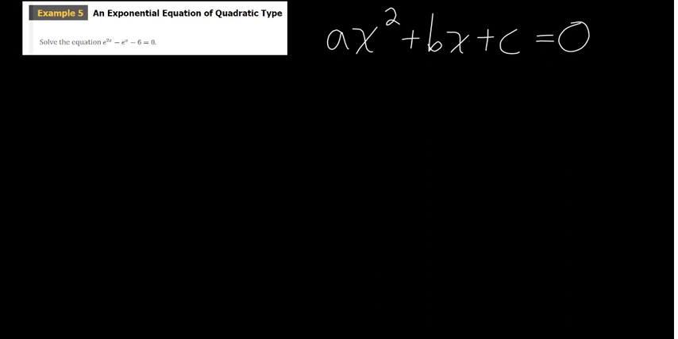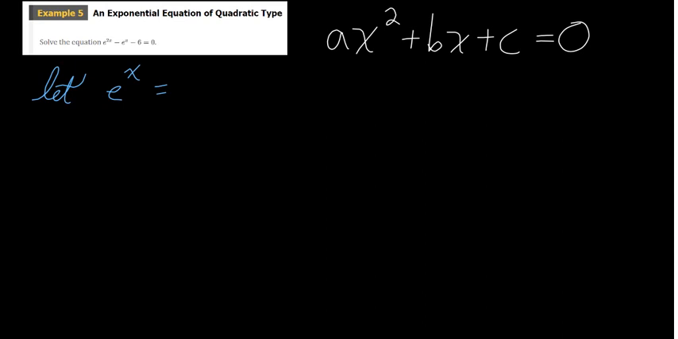So let's actually examine the problem here. Notice how we have e raised to the 2x power, and it's going to be minus e raised to the first power, or e raised to the x power. Notice how e to the 2x is exactly the square of e to the x. So we're going to make the substitution. We're going to say let e to the x be equal to